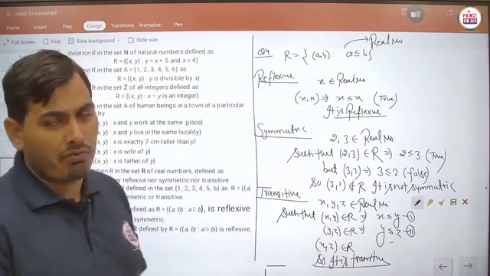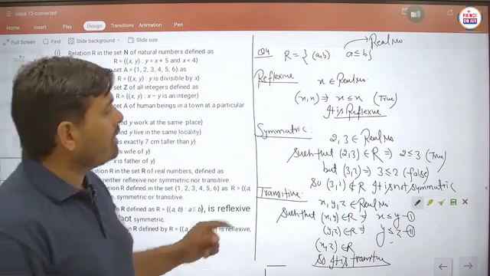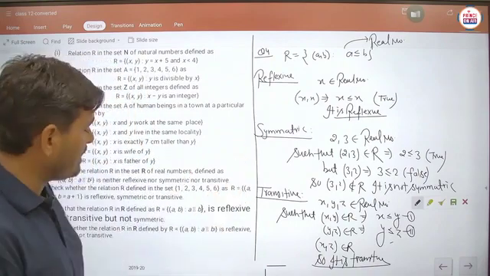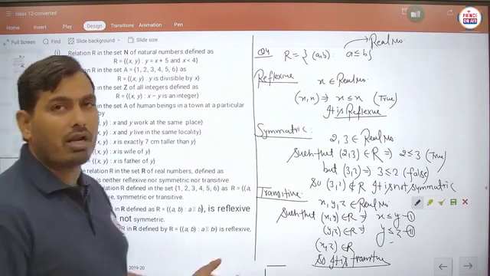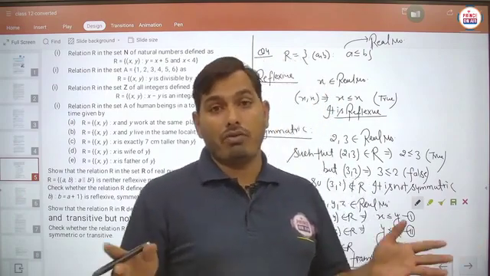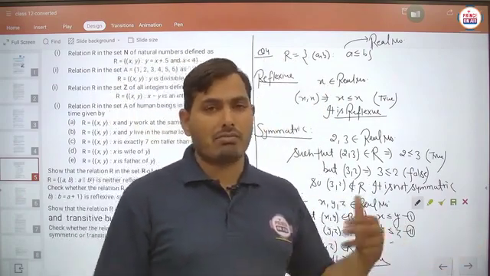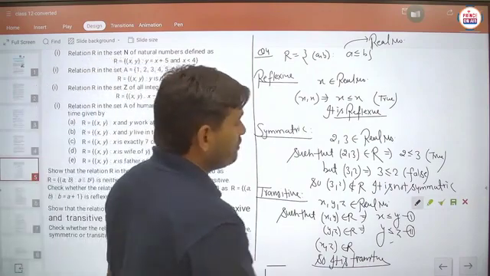This question is very similar to the a is less than or equal to b square question, the question number second that we have done. Is that clear? So we have to check whether it is reflexive or not, symmetric or not, transitive or not. Again, in each and every question, students, we are just solving one part: either reflexive, symmetric, or transitive. So pause the video to note it down. After that we will start question number 5.